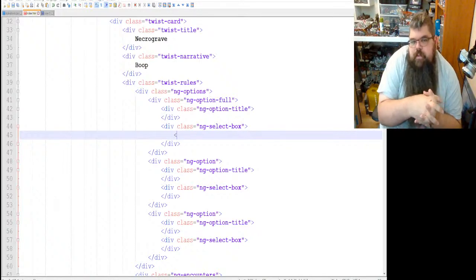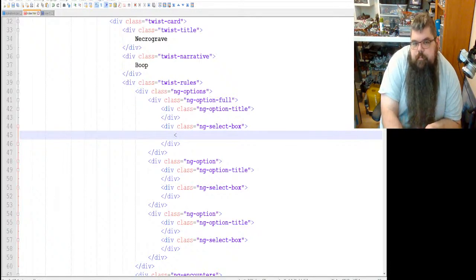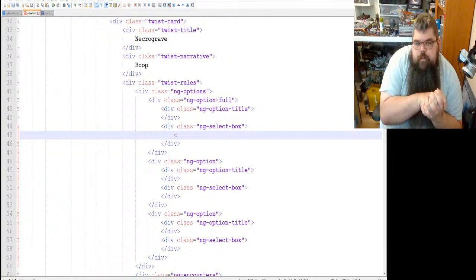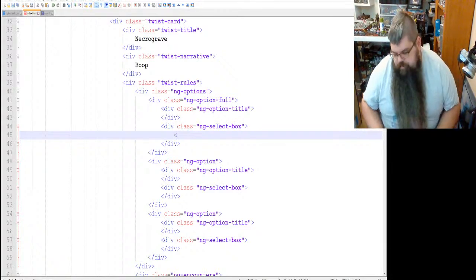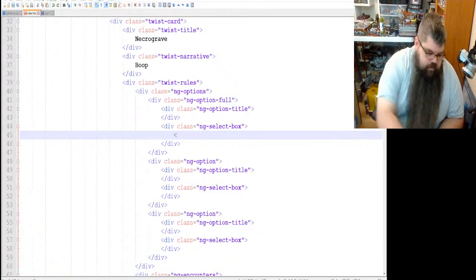I'm just thinking about how I want this to work. So, in theory, you shouldn't be able to select Space Marines and Tyranids. You should only be able to select one. So we'll do it as a select then.